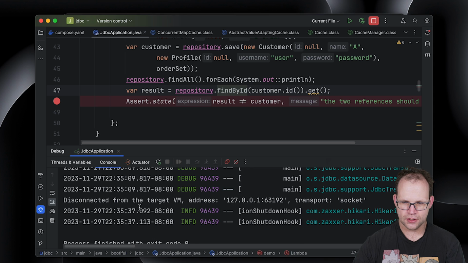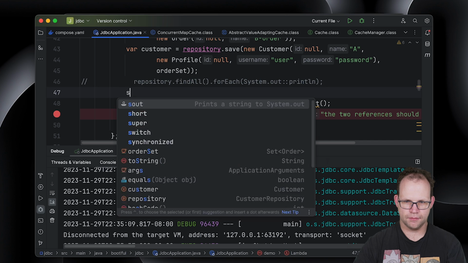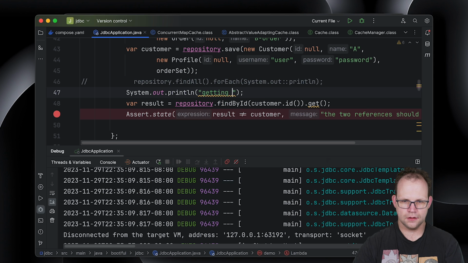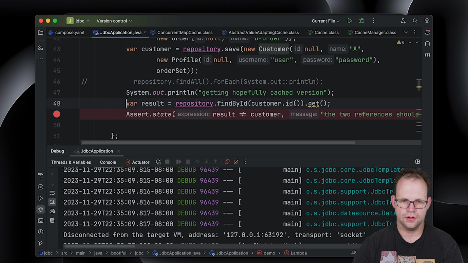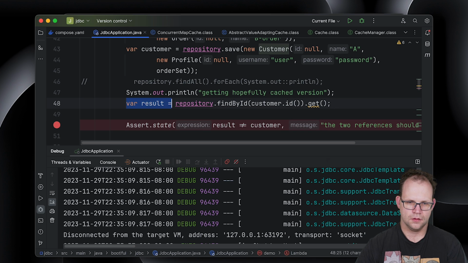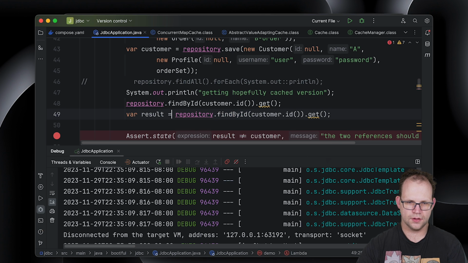That's nice. We can actually do a quick test here. So let's get rid of that for a second. Getting, hopefully, a cached version. Okay, so we're going to get it once, and then again, var result equals this.